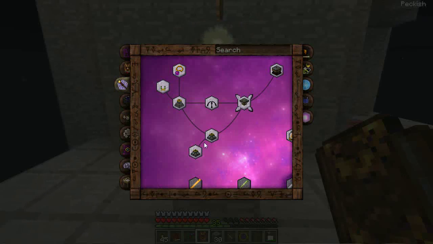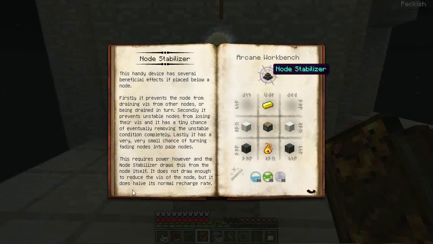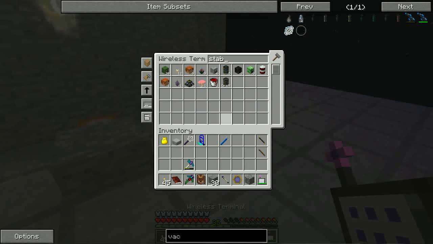is, over here in the Thaumaturgy tab of the Thaumonomicon, I have some node stabilizers, Vis harnessing, and a Vis relay. So I'm going to need to set up, well, a lot of things. So the node stabilizer is used to basically convert the node